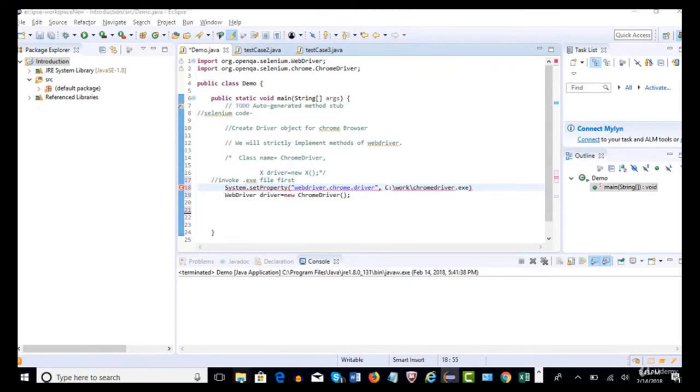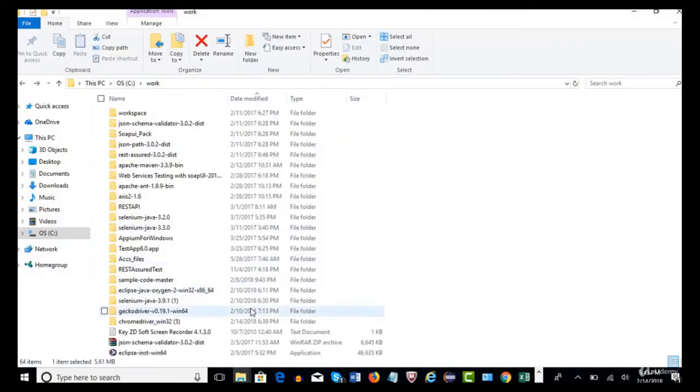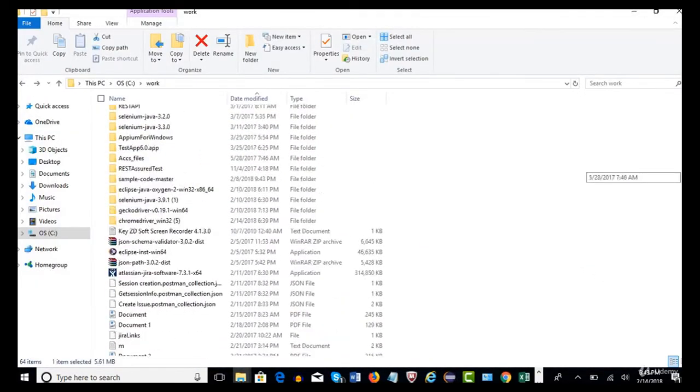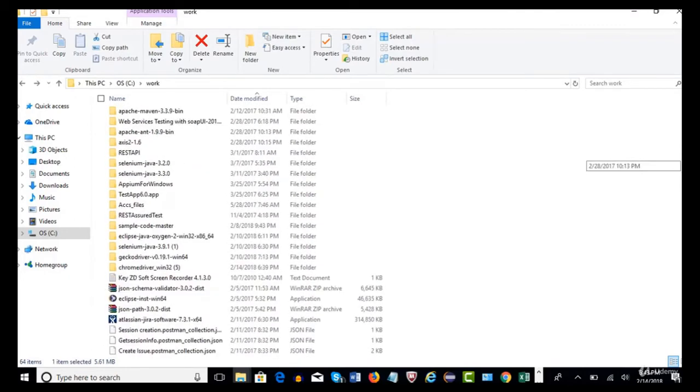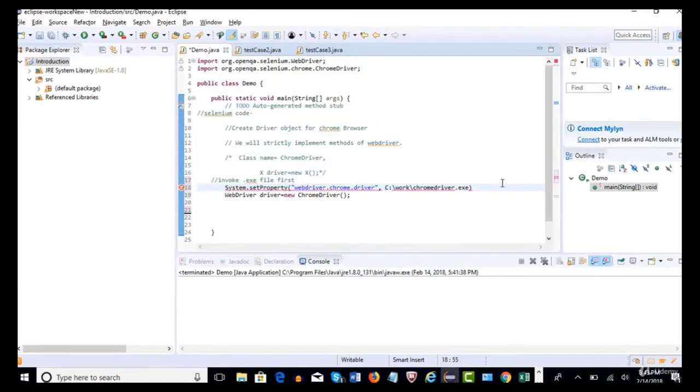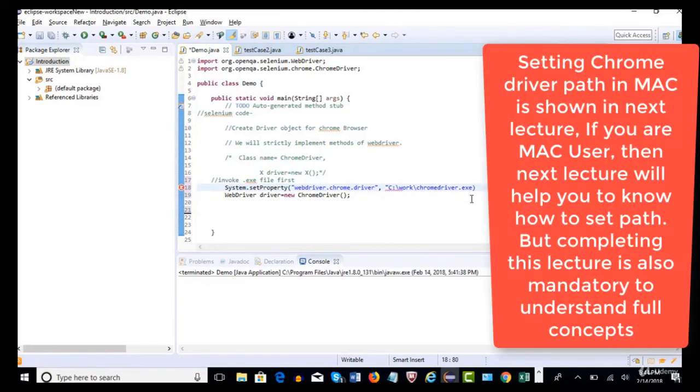Also make sure that you extract your zip folder, pull out the .exe file and place it in one place. That's an easy way to get rid of any errors in giving the path. Place it in double quotes, and now you see there is an error here. In Java, it expects double slash. That's the only difference.